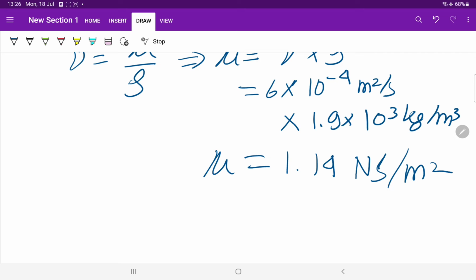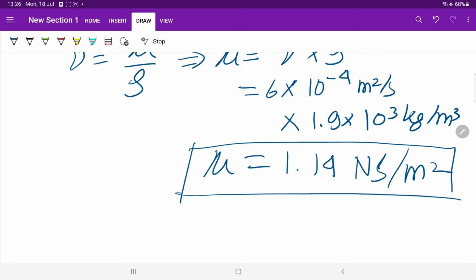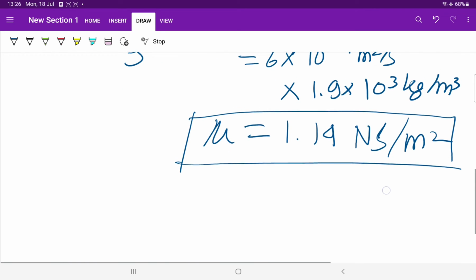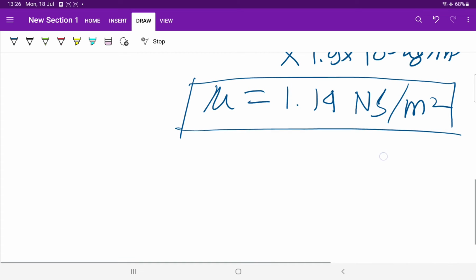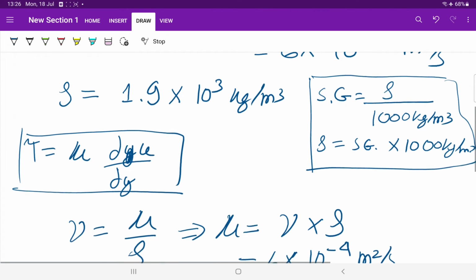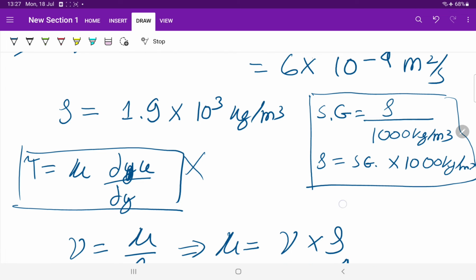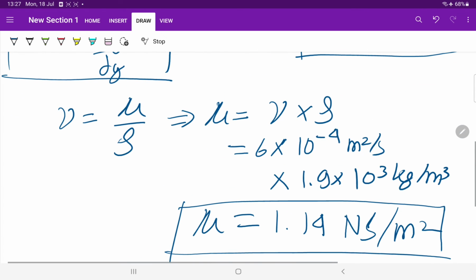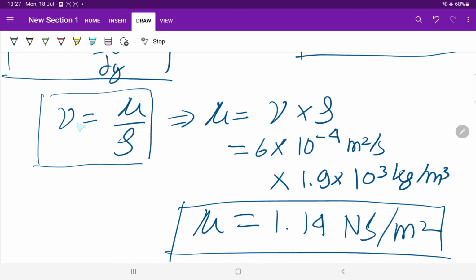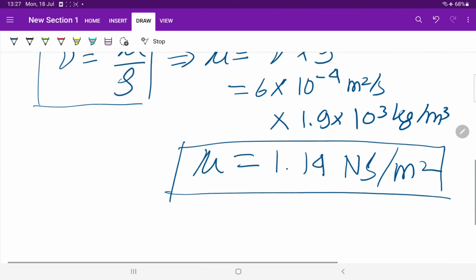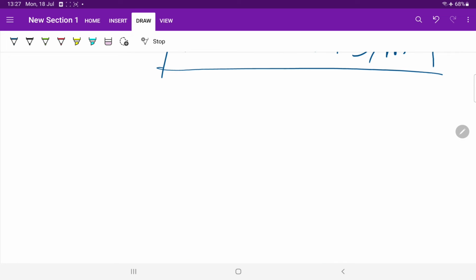I will also revise the relation: 1 Newton second per meter square is equal to 10 poise, for the CGS unit, because you never know, you need to know the relation. So mu you know from here. In this question, this relation is not required, only this one is required, the relation between the dynamic viscosity and the kinematic viscosity of the liquid. Now we'll do another numerical in which the two formulas which you know will be used,